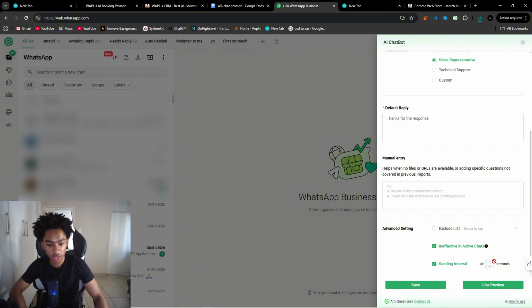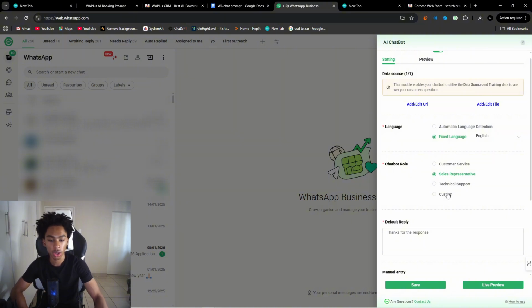And then sending interval, I like to keep that on 30 seconds to try and make it as realistic as possible. Of course, if you're going to send out a long pitch, it's just not going to look realistic at 30 seconds. But if you have your pitch configured properly, with 30 seconds you can get away with making it look quite